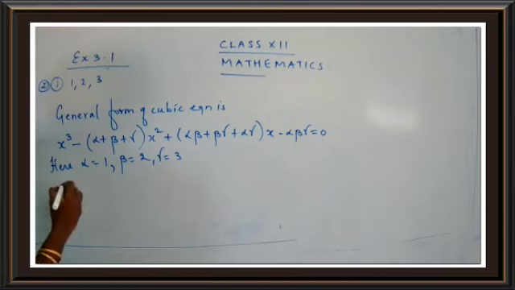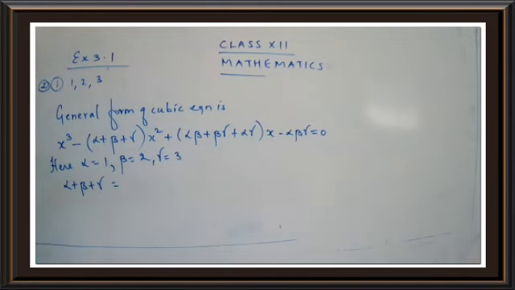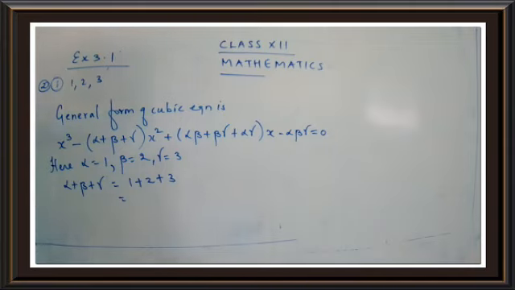Alpha plus beta plus gamma is equal to. Find out the value for alpha plus beta plus gamma. What is the value? Add all the three roots. What do you get here? It's 1 plus 2 plus 3. What is the answer? 3 plus 3, it's 6. Yes, I got the value. It's 6. Okay. Let's go for the second part.